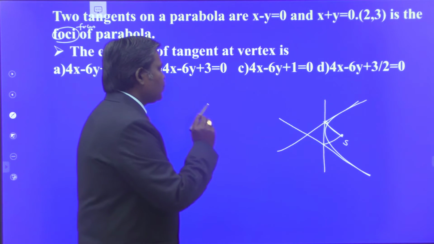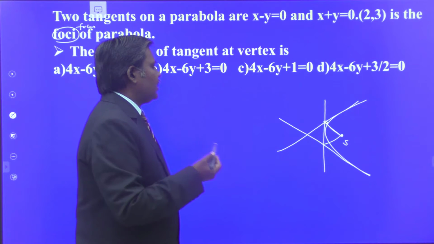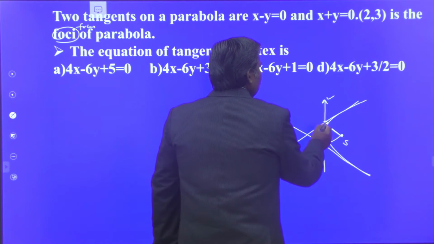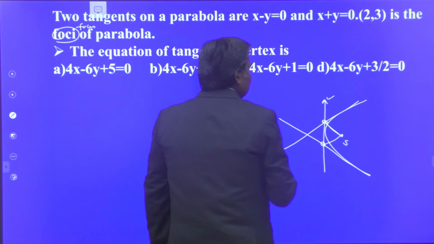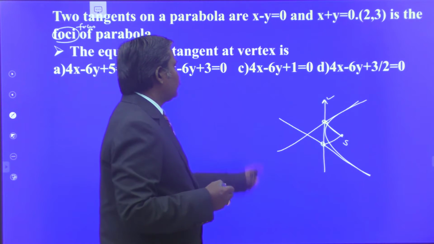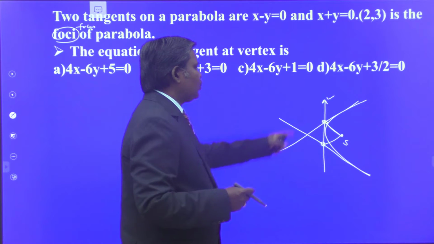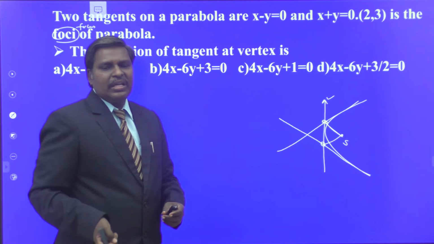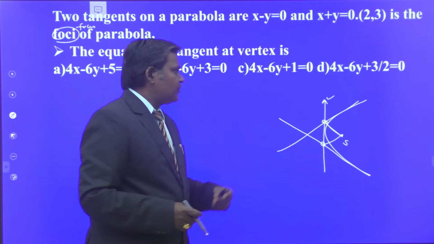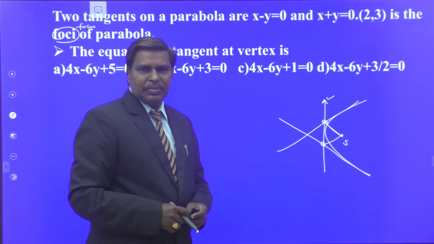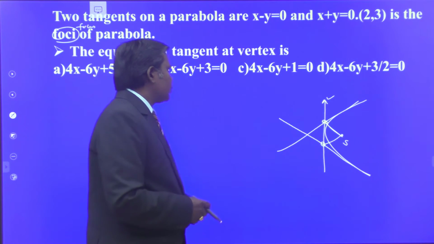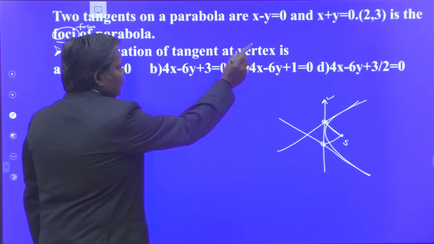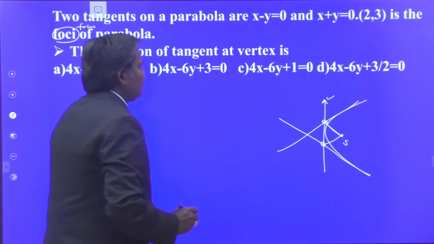So this is the simple idea. Once we get that idea, immediately we can write the equation of the tangent at that point. So you find the two feet of perpendiculars drawn from the focus to the two given tangents. We get 2 points on the line. Once you have 2 points on the line, you can immediately write the equation by the formula y minus y1 equal to m into x minus x1, by finding the slope. So your target becomes finding the foot of perpendiculars from 2, 3 to both the lines.